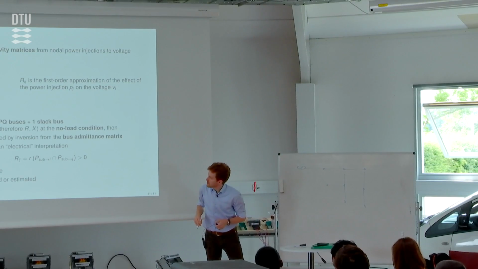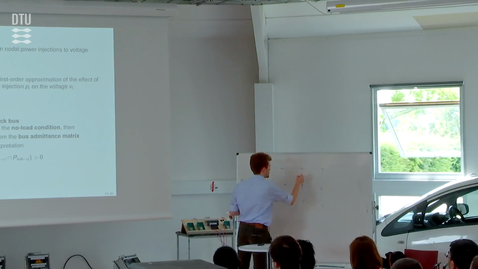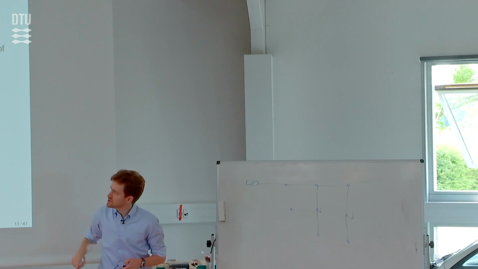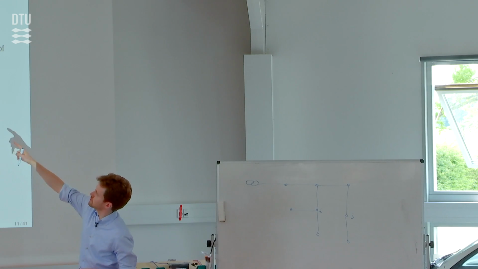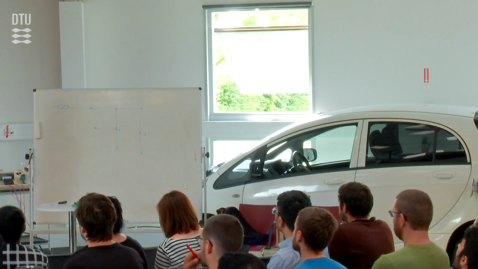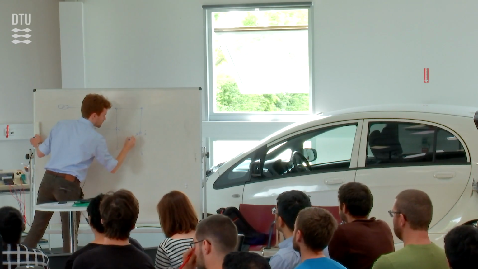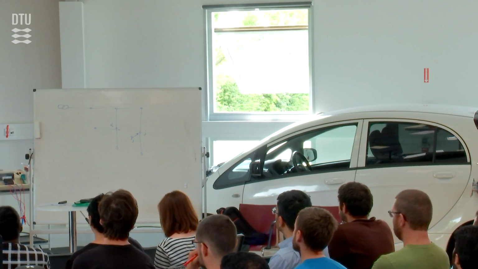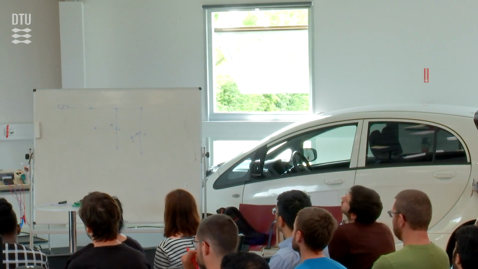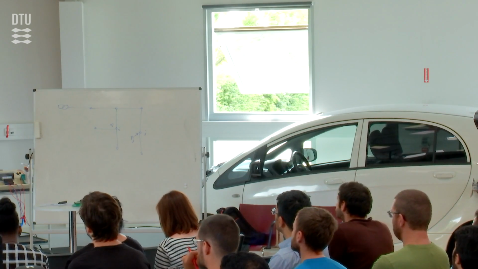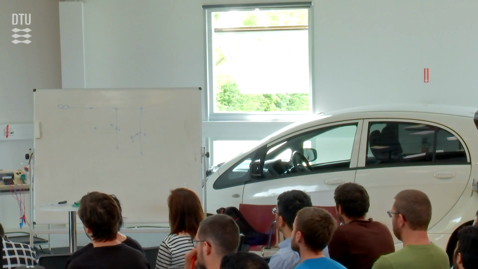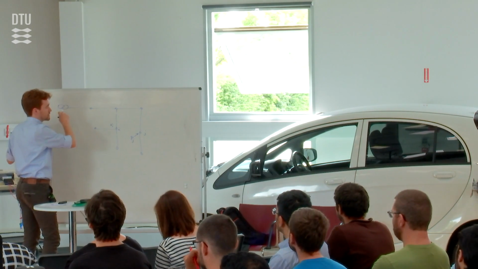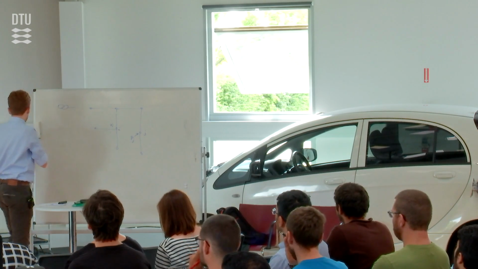So if ij is, for example, this node and this other node here, then Rij can be interpreted easily as the first order approximation of the effect of the power injection here on the voltage Vi. And that of course is valid if you can observe this first order effect. But if you only have the parameters of the grid, this is also the resistance of the path of the intersection of the two paths. So the intersection of